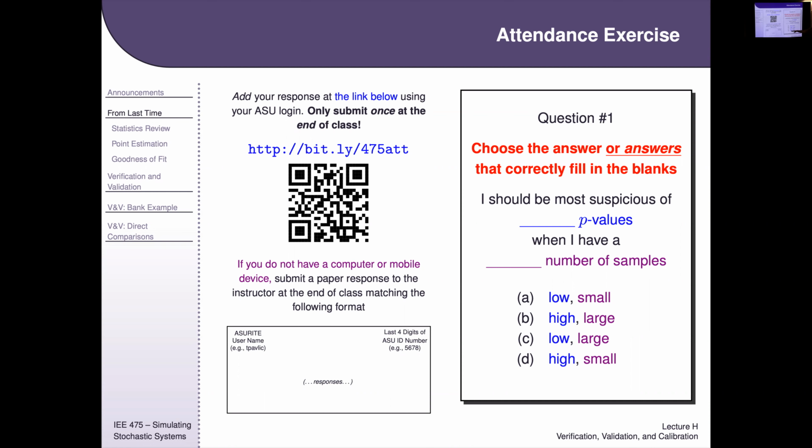Then the other one was high, small. So when I have high p-values, I should be suspicious when there's a small number of samples. And so this is for goodness of fit. So if you have a high p-value, people might say, aha, that is evidence for the normal, for the null. So a high p-value might be saying, based on these data, we can just assume the null hypothesis is